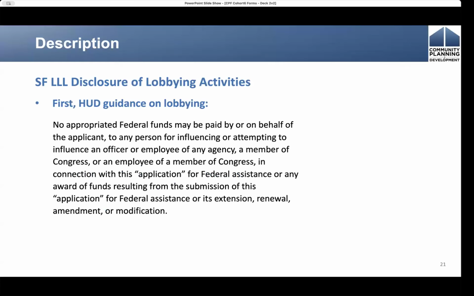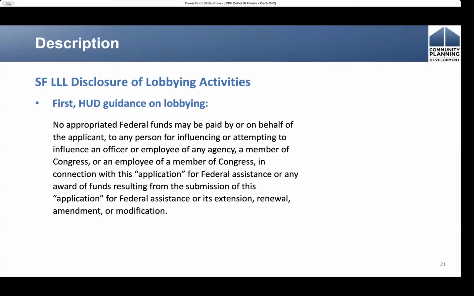Okay, so for the SF-LLL, the disclosure of lobbying activities, first we want to give you just a little background on the HUD guidance that goes along with this form. So this form is basically a disclosure of any type of lobbying activity.